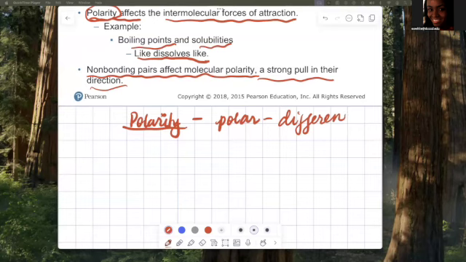So when we're saying a molecule is polar, we're saying there's something in the molecule that is significantly different for us to recognize it as polar. When we're saying a molecule is nonpolar, there's something about it that's not different enough. So nonpolar will be